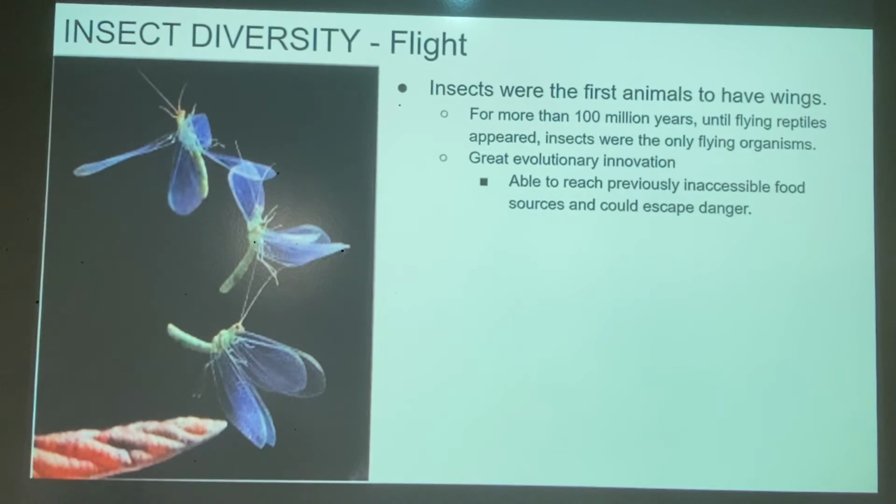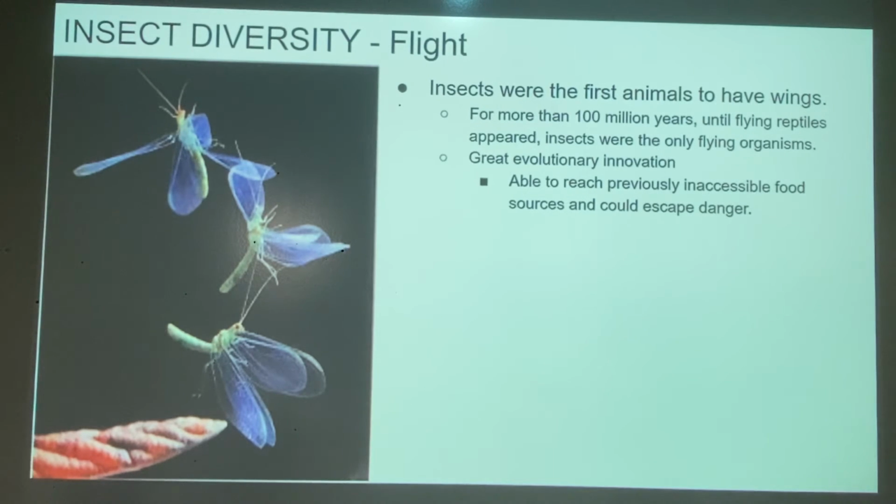What's really cool about insects is they were the first animals to have wings. So for more than 100 million years, until the flying reptiles appeared, which is slightly terrifying, insects were the only flying organisms. Okay, so this means they came before birds and anything else that would fly in the sky. And so that was a really, really big evolutionary innovation, to be able to basically reach inaccessible food sources that they didn't have access to before, and they could also escape danger,